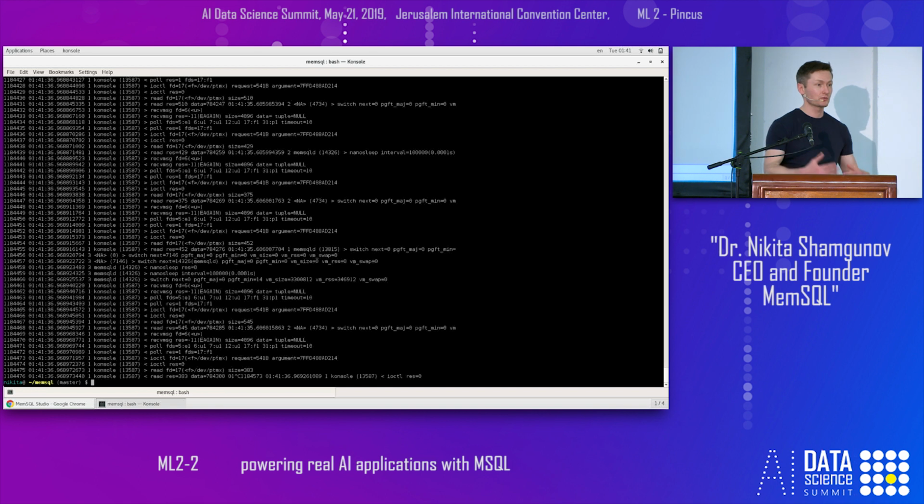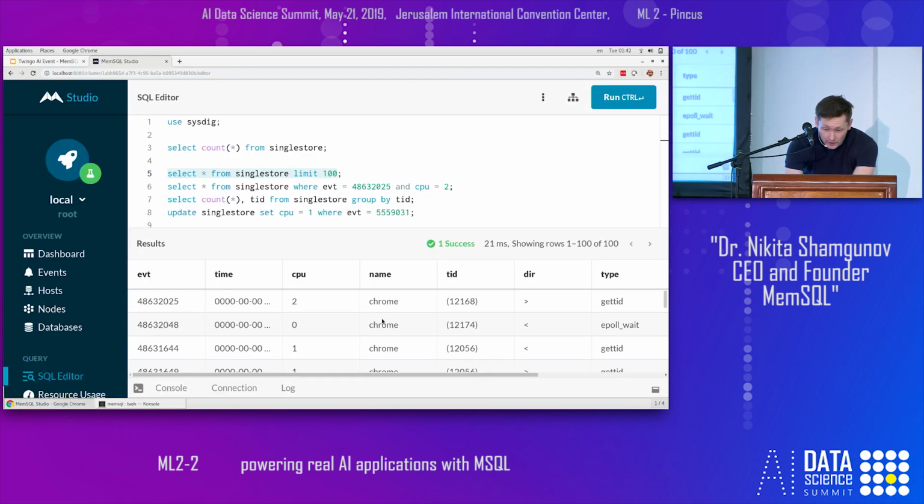So obviously you can run machine learning models to start predicting what's going to happen next. There are startups in San Francisco doing exactly that for monitoring very large data centers, for monitoring Kubernetes containers and whatnot. So I captured that data in MemSQL and loaded it, and